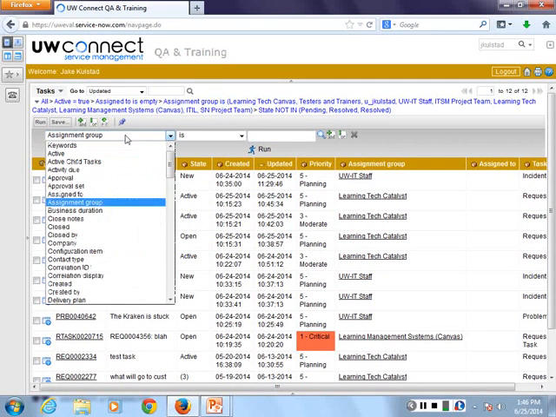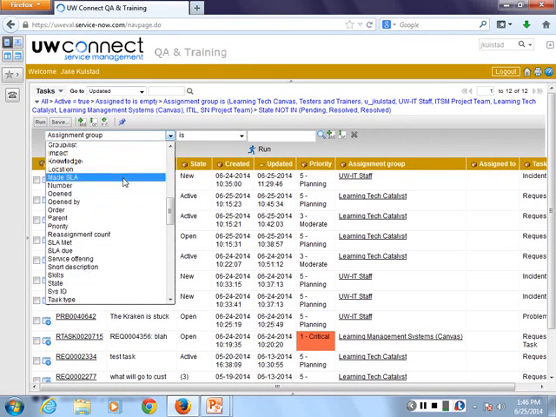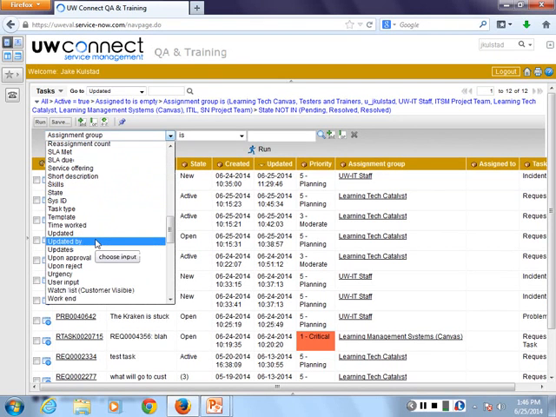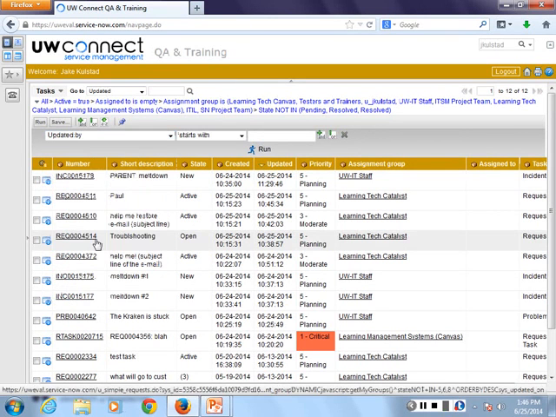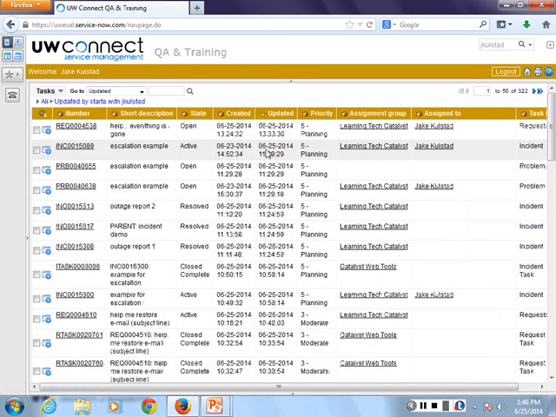For right now, what I'd like you to do is go in the first element of this filter and go all the way down to updated by. So we're just going to run a filter that says updated by is. Well, it defaults to starts with, that's basically the same. I keep forgetting that. Type in your NetID. After doing that, you can click Run. So this shows, for me, the 322 records that I was the last person to update.